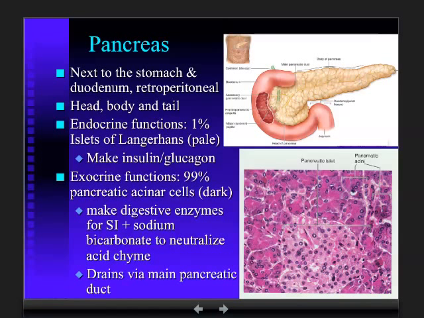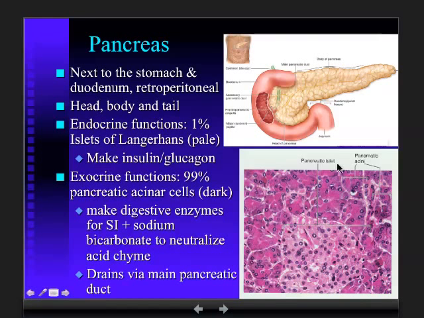And among those enzymes, pancreatic amylase breaks down carbohydrates. Trypsin and chymotrypsin, if you've heard of any of those, are intended to break down proteins, to finish the job that was started in the stomach. We talked about breaking down protein in the stomach with pepsin. These finish that job. So you have an exocrine component, which is 99% of the tissues of the pancreas, 99%